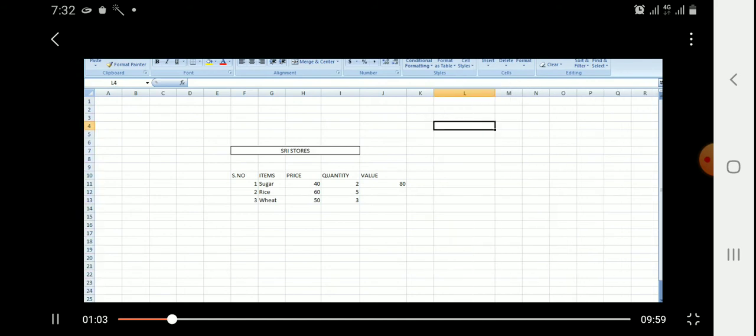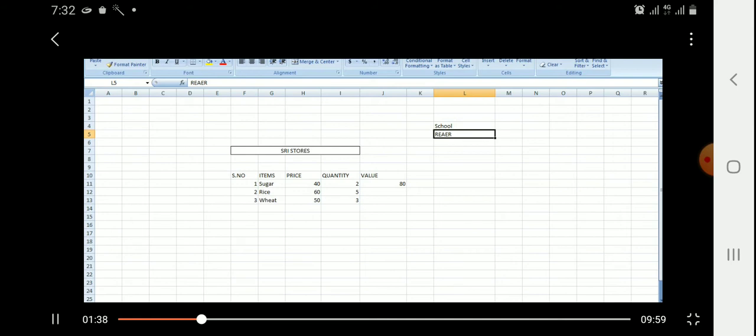Okay. Now, first we are going to learn how to edit a cell. This is the way of increasing a column size manually. Now we are going to concentrate on how to edit a cell. Edit means if you type anything wrongly, you have to correct that mistake. That process is called edit. And now we are going to focus on that part. See, the spelling of reader is wrong there.